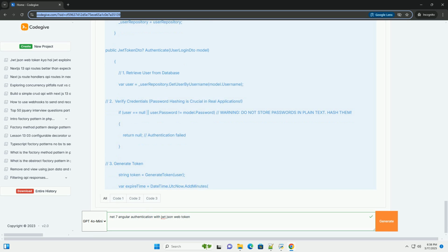3. Angular client setup. 1. Create a new Angular project. 2. Install HTTP client. 3. Create authentication service, auth.service.ts. 4. Create auth guard, auth.guard.ts. 5. Create HTTP interceptor, auth.interceptor.ts. 6. Register interceptor in app.module.ts. 7. Create login component,